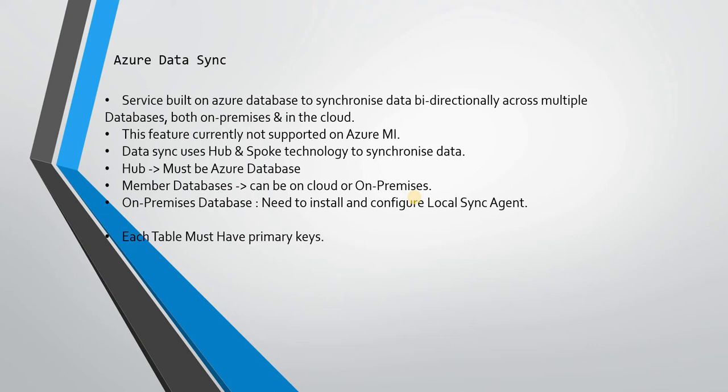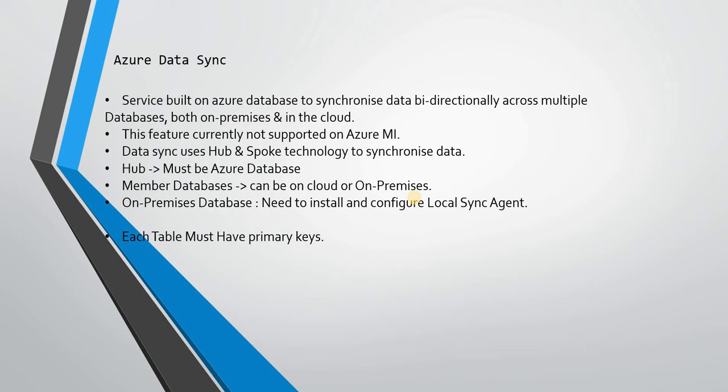If your table doesn't have a primary key, then it will not allow you to be a part of that sync group. So this is a very nice technology to synchronize the data between multiple databases, and it allows us to synchronize the data between the cloud and